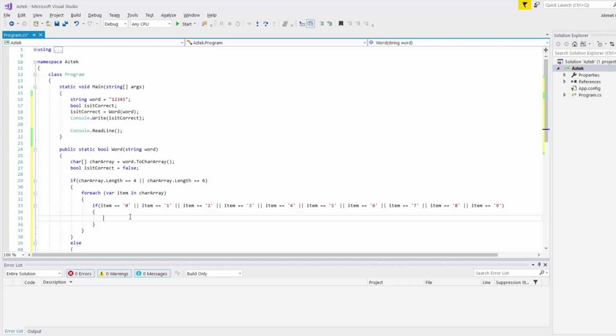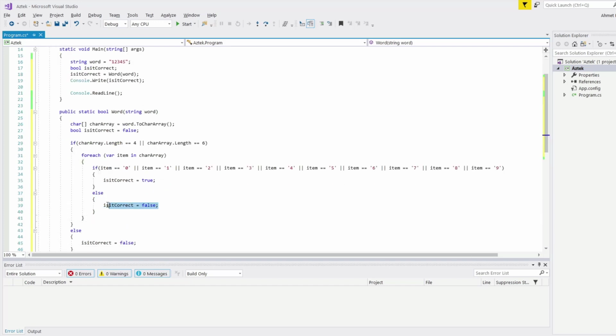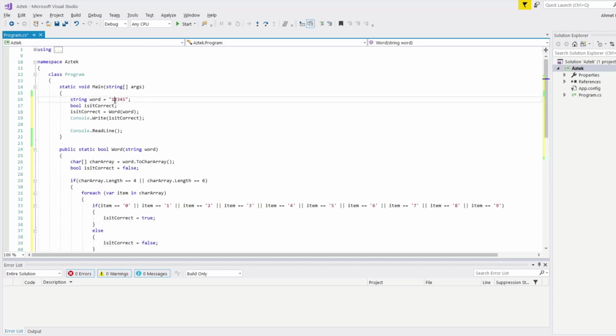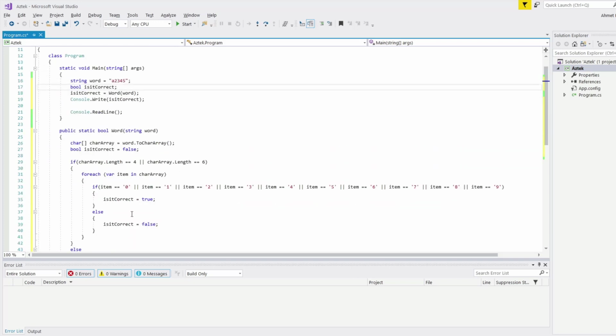So if it is a number, I'm going to change is it correct to true, so the pin code is valid. If it's not, I'm just gonna write is it correct false. And if it is false, I need to break out of this loop, because it can be like this. Let's just say A 2 3 4 5. So it's just gonna check for